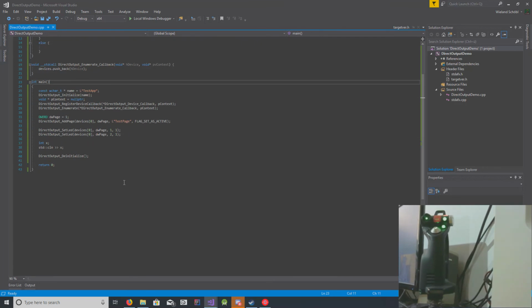So just to show it to you another time, we will set the LED to red after this. So we have to turn off the green component. The red comes first every time. So we have to set 2 and 0, and we will wait for another cin,